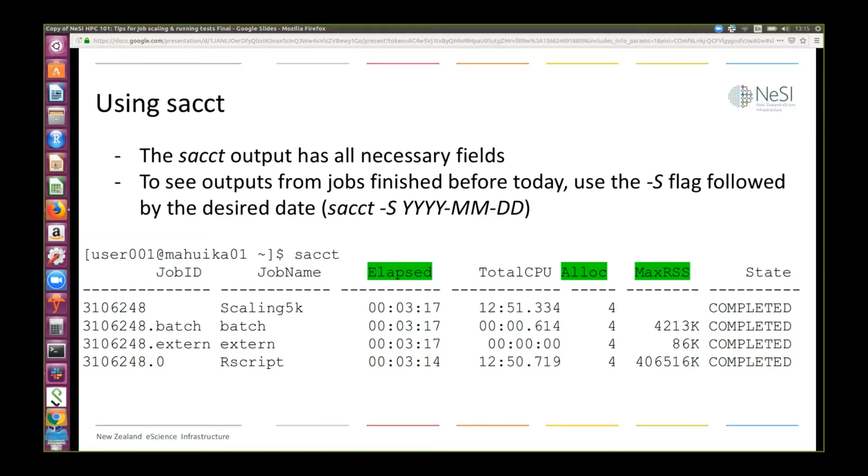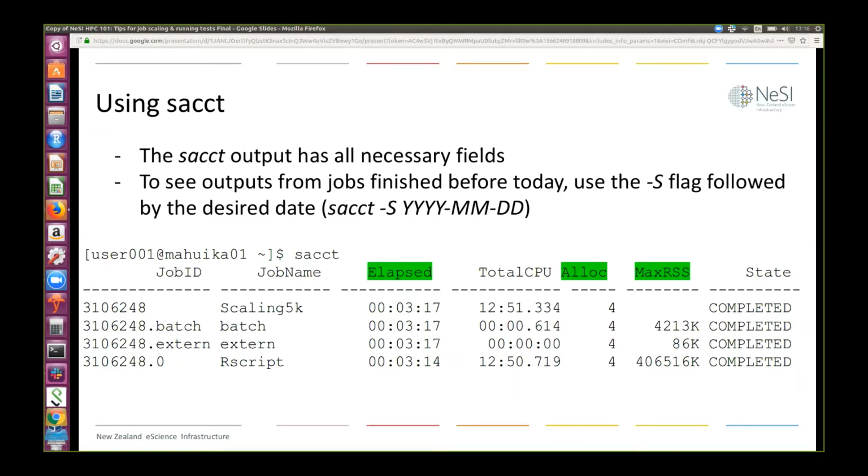You can make it so that it tells you older jobs if you want to. So you might be looking at some older jobs that you were going to analyze now, and you can do that with the flag -S followed by the date in the format year-month-day. And so when we look at the output of these jobs, this is just a single job,